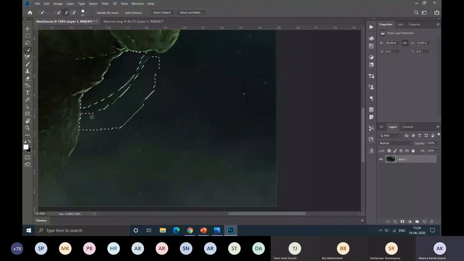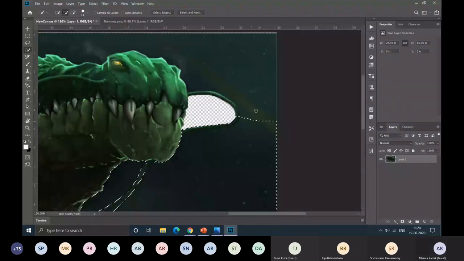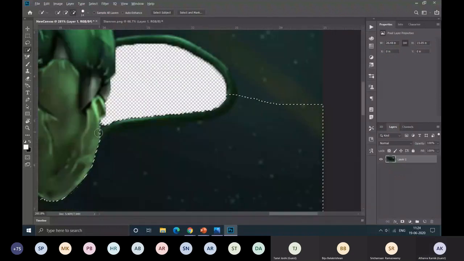You can see that the mustache is getting selected, so you can cancel it by pressing and holding Alt key, and it will not select that again. Select the upper part. Mustache is selected, you can get rid of that.